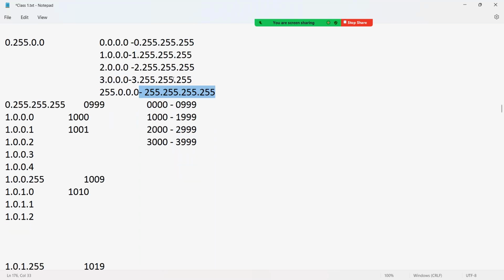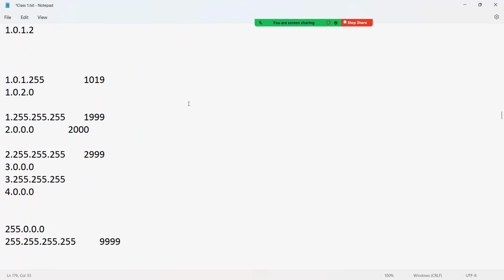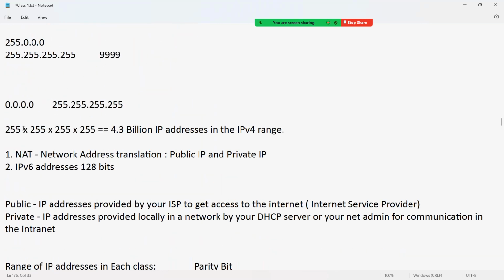Now from the first IP till the last IP, if you wanted to calculate the total number of IPs, all you have to do is multiply 255 to the power 4, because each octet is cycling 255 times. So the total number of IPs would be 255 into 255 into 255 into 255. And if you calculate that number, you're going to get a total of 4.3 billion IP addresses in the IPv4